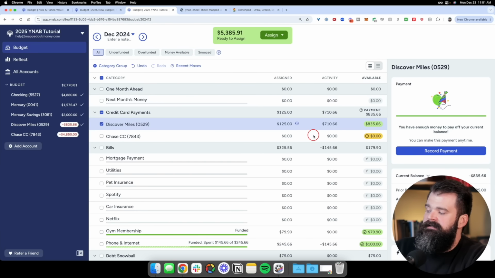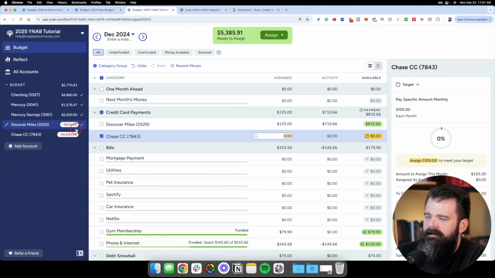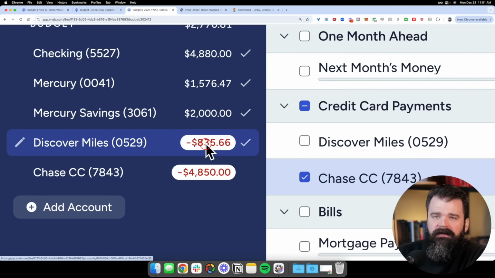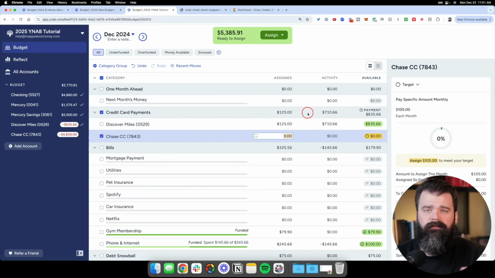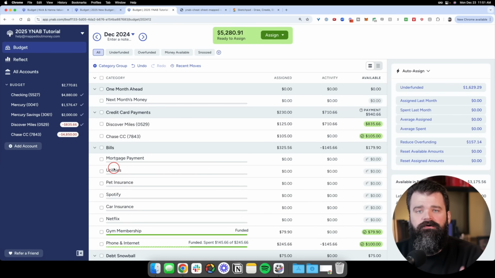Now, what this means is that for those of you who pay your balances in full every month, you always want this number right here, this available number, to match this outstanding balance here. That means you can afford to pay the card to zero. But for those of you that are working on chipping away the debt, what you need to do is set a target to your credit card category, budget for just that target, and then anytime you charge to that card,